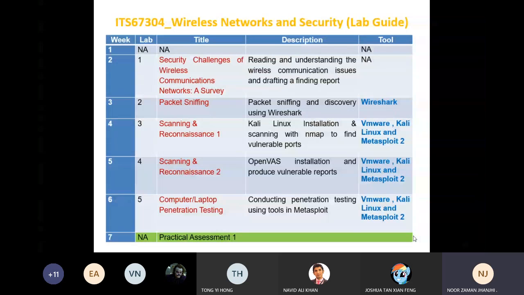He will be with us, Naveed Ali Khan. Those videos explain all the instructions week-wise with respect to the lab, what we are supposed to do in this particular lab.